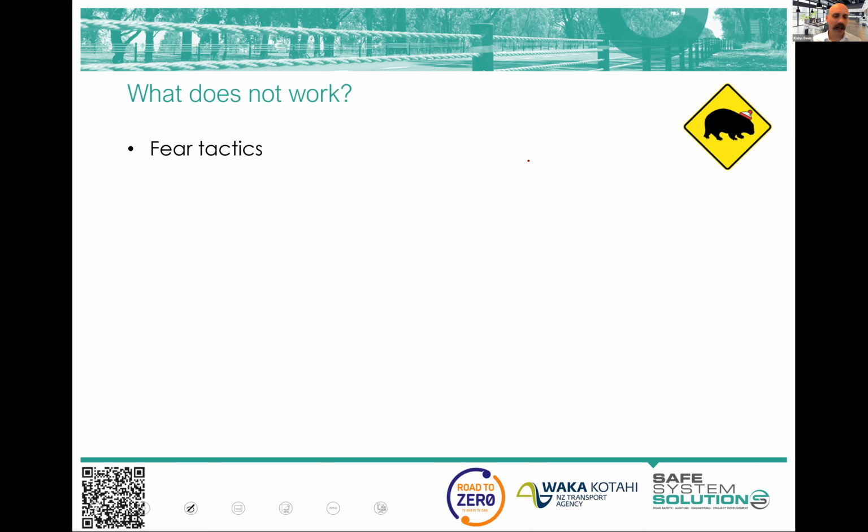Fear tactics don't tend to work. So, the morgue or the trauma ward visit, but also the shock and awe TV ads. Now, you'll see less of those going forward, but there is often a purpose for those, but it's more about legislative change. So if you're going to put in really strict drink driving laws or drug driving laws or something, it's not necessarily a bad thing to scare the hell out of the public with ads and then put your legislation through, because they will be more accepting of that. Will they change their driving behaviour based on your ad? No, but they'll be accepting of that